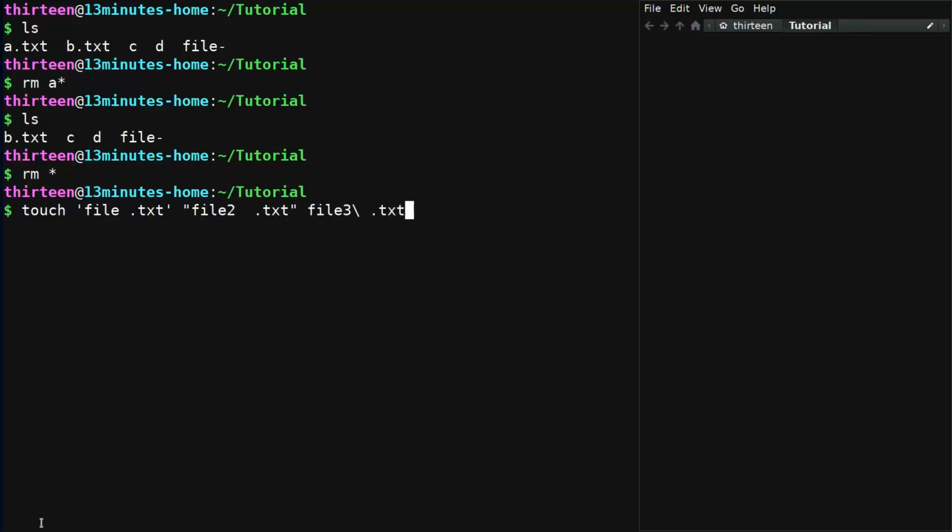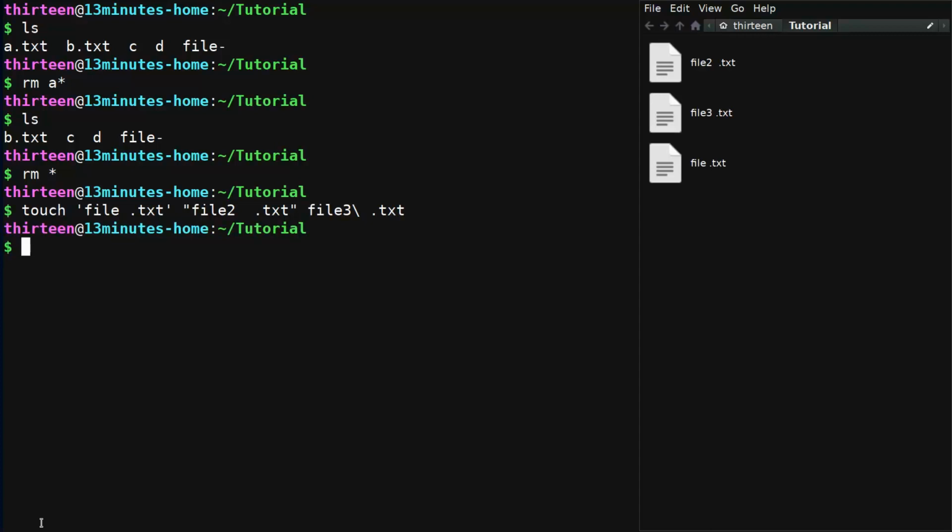Okay. So if you notice here, it created only 3 files. So what happened now? Everything inside a single quote is considered one element. If you have space or other space, it will be considered as one element. So it considered file